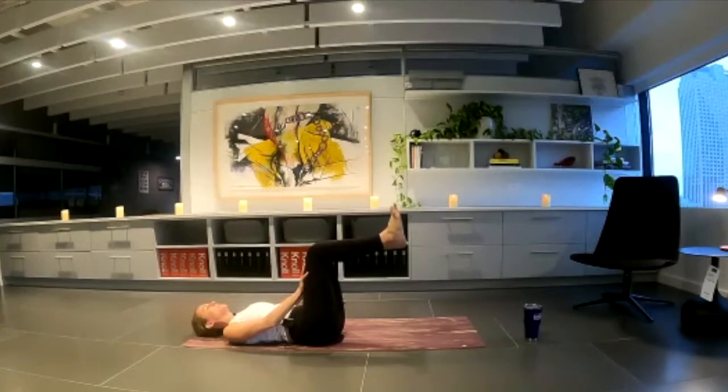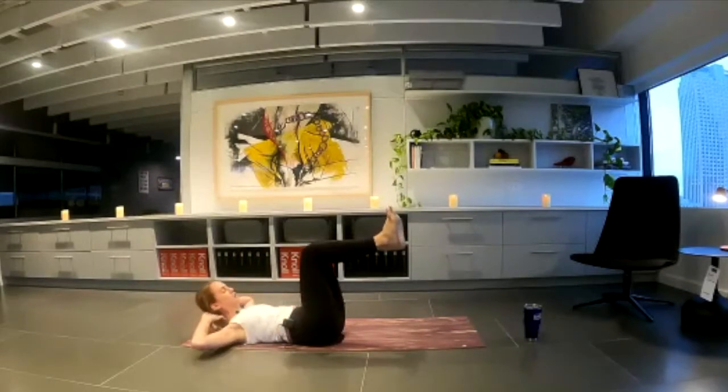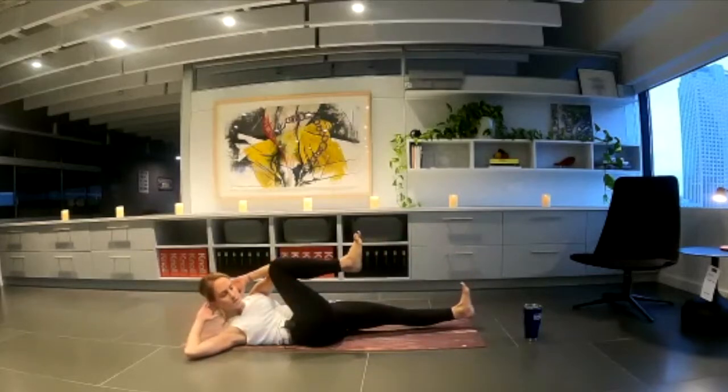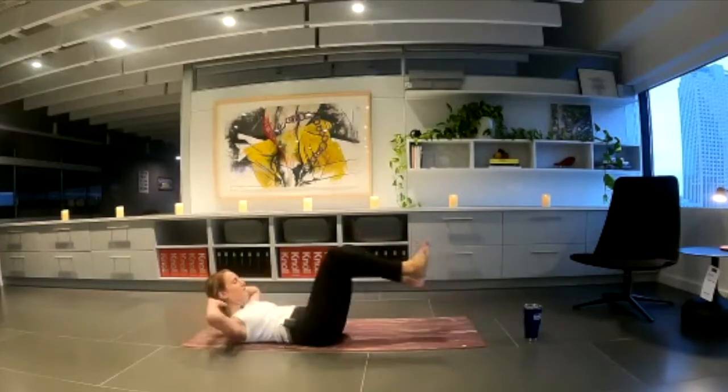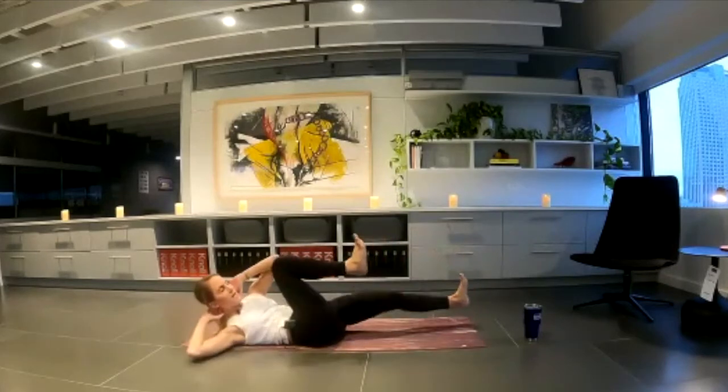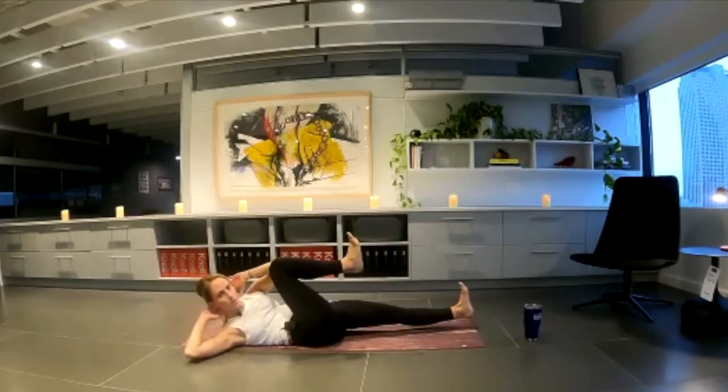For 6, 5, 4, 3, 2, 1. Hands come behind your head, starting with some bicycle twists. Let's bring our left elbow to our right knee as the left leg reaches long. Find that twist, opposite knee, opposite elbow. Try to find that elbow to knee connection and really press your elbow into your knee to fire up your